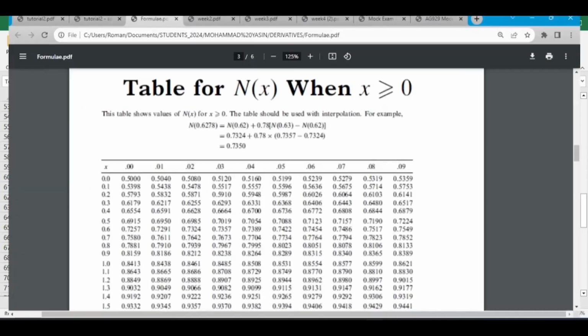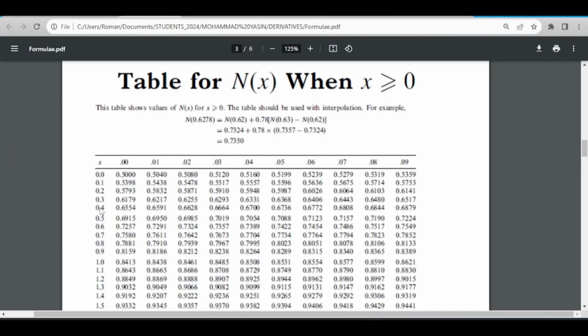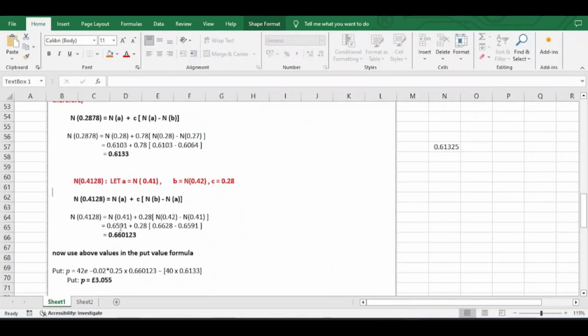Looking back into the table, 0.41 is 0.6591, and for 0.42, the probability is 0.6628. Insert these values into the formula, and then you calculate the total probability of that number, double checking